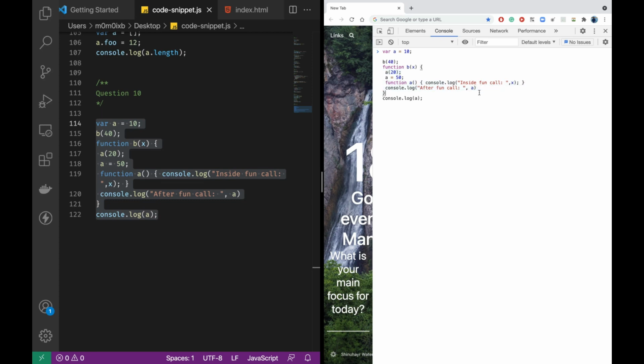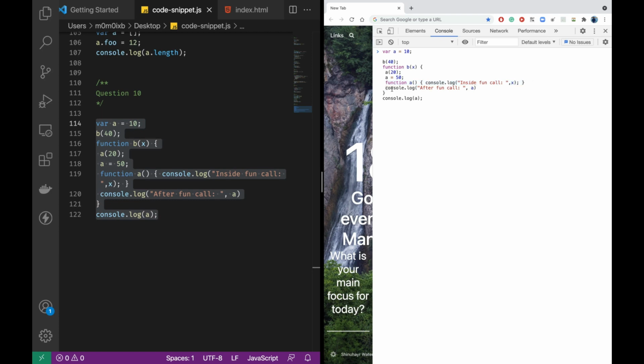So A will get called as a function, and it will be printing X. This A function is inside this B function, so it will try to find X inside A, but there is no X inside this, so it will go one level up in the hierarchy, and it sees X in B as an argument, so it will print the value which we have passed, that is 40.